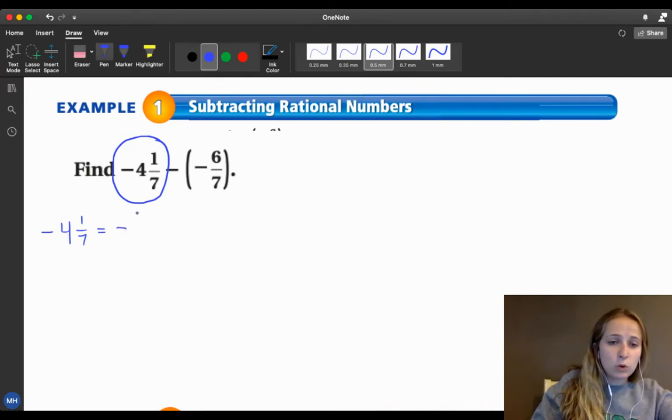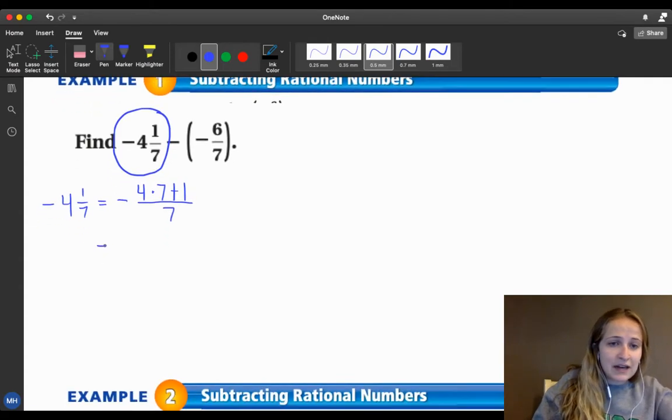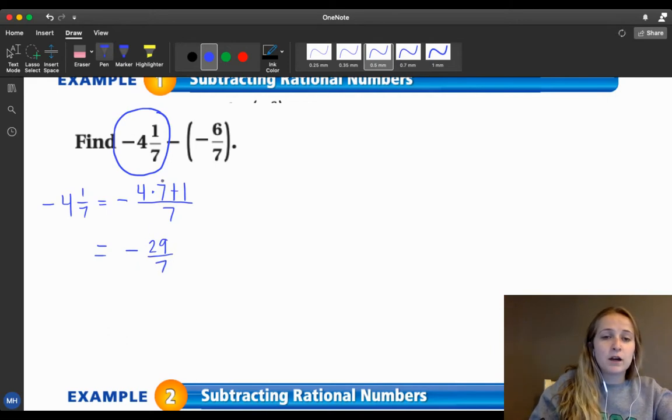Then you're going to take the whole number, 4, multiply it by 7, and then add 1. That's going to be your new numerator, and your denominator is going to stay the same, so it's going to be 7. If we do that, negative 4 times 7 is 28, plus 1 is 29. So we're going to get negative 29/7. All right, now that we've turned that into an improper fraction, we are going to be using that for our new problem. So let's rewrite this with our improper fraction. So we're going to have negative